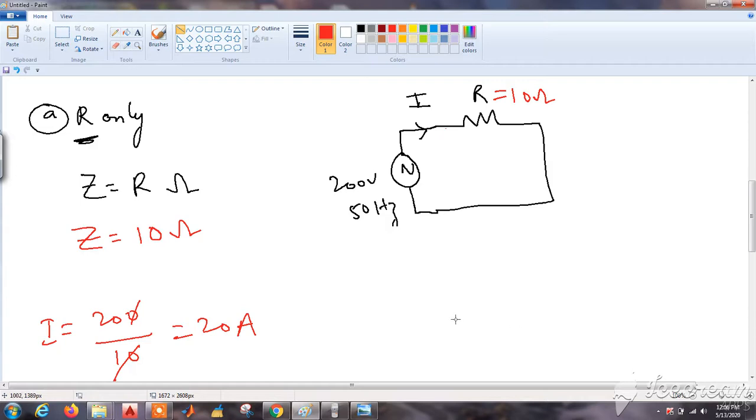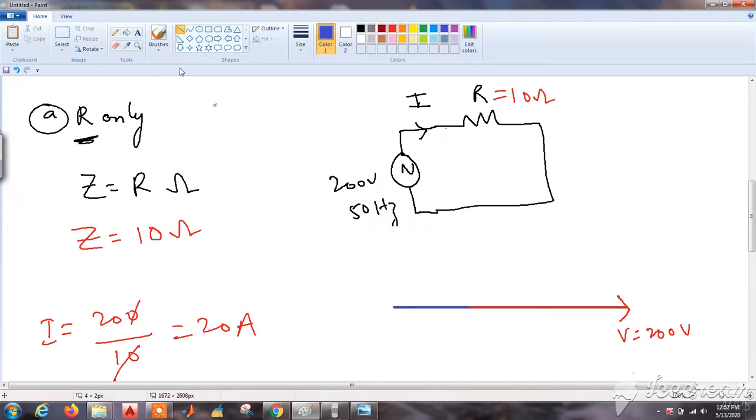Now coming to the phasor diagram, we know that when a resistive element is present, the angle between voltage and current is 0. So let this represent voltage. This is the reference, V is equal to 200 volts, and I'm taking another color for current. You can draw on the same line also. Current magnitude is less, that is 20 amperes. We know that 20 amperes is less than 200.